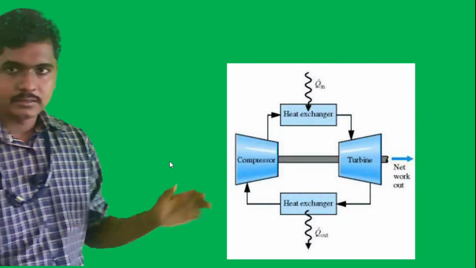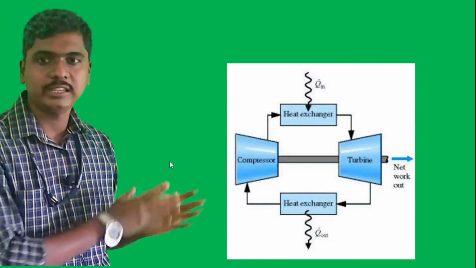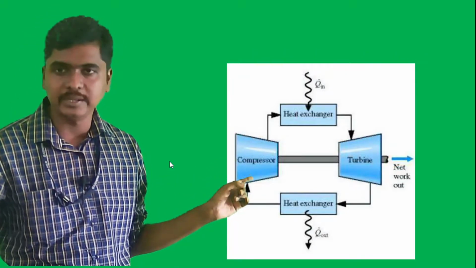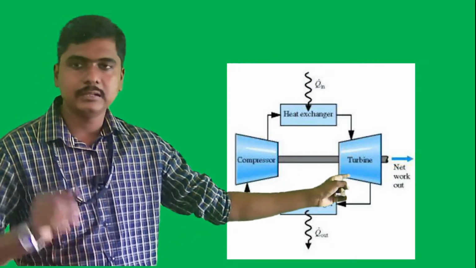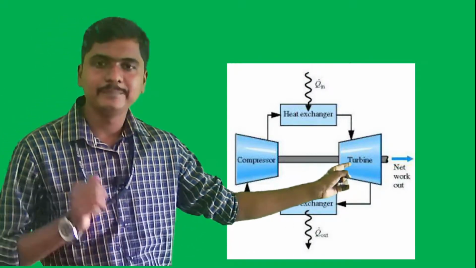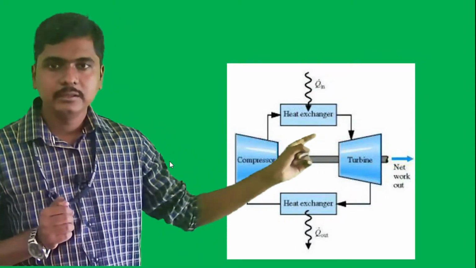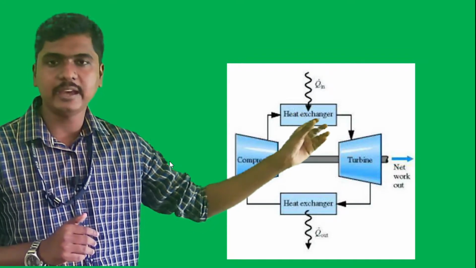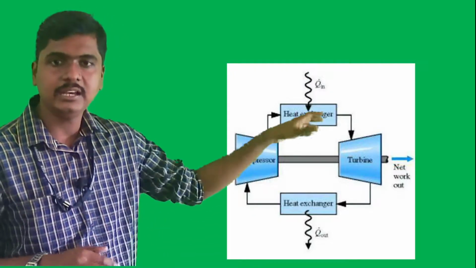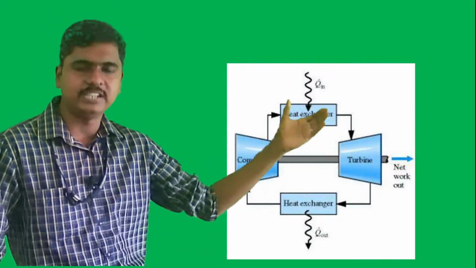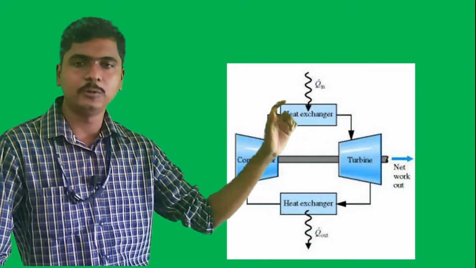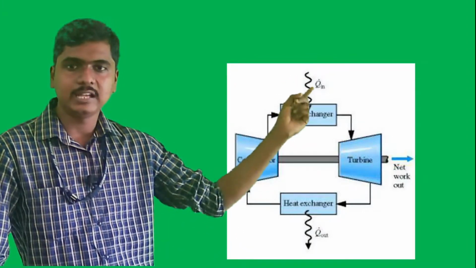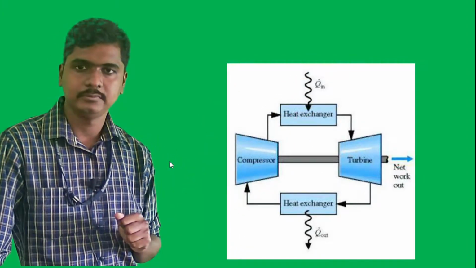Quickly, this is the schematic diagram of a closed cycle gas turbine. Here you can see the compressor. In an open cycle gas turbine also we have a compressor, and we also have a turbine. In an open cycle gas turbine there is a combustion chamber, inside which burning of the air and fuel mixture takes place. But here, in place of the combustion chamber, you can still call it that, but more precisely we replace it with a heat exchanger, where we are additionally supplying some heat.